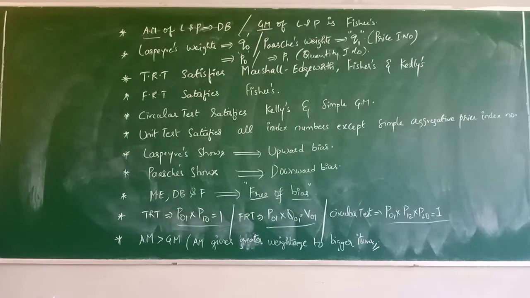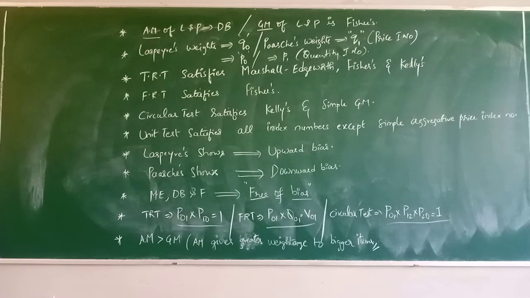At the same time, the consumption of some items decreases in the current year, because in the current year, based on the current year price, the consumption may or may not be decreasing or increasing. It may increase or decrease depending upon the price of the current year, but we are using base year quantities for the current year price. Base year quantities we are using, so automatically the consumption will be more than needed, because you are using base year quantities, not the present quantities. Current quantities you are not using, you are using the base quantities. So that's why Laspeyres shows upward bias.